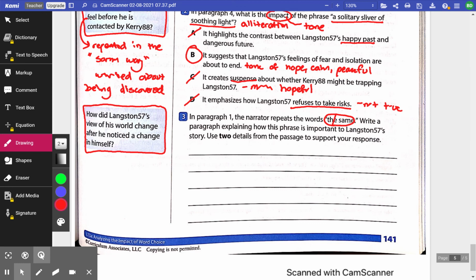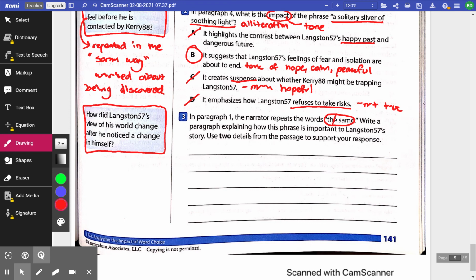So, we know that the author repeats this phrase the same over and over again because there's something important about that phrase. So he is emphasizing the contrast of Langston's former life with his current life. So we know before, right, he was just an average clone. He had the same thoughts, the same feelings as everyone else. There was nothing spectacular or different about his average day. But whenever he changes and begins to have more self-awareness and have his own thoughts, things change for him as well. So the author is having Langston repeat this phrase the same over and over again to emphasize the contrast between his former life and the life he has now.